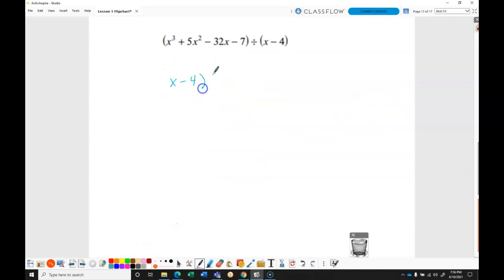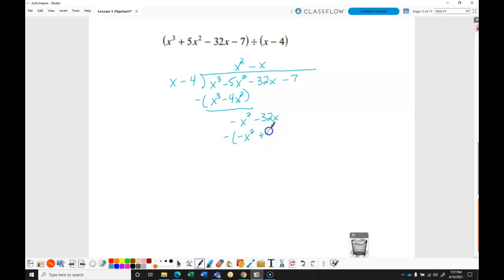I'm dividing x minus 4 into x cubed minus 5x squared minus 32x minus 7. I'm going to do the same process, a little faster this time. So I'm thinking this should be an x squared. So I'm subtracting x cubed minus 4x squared. That gives me a negative x squared, 32x. So then I need it to be a negative x. So that gets me negative x squared plus 4x. So that gets me negative 36x. I'll bring down the negative 7. So I need a negative 36 up here. So that gets me negative 36x and